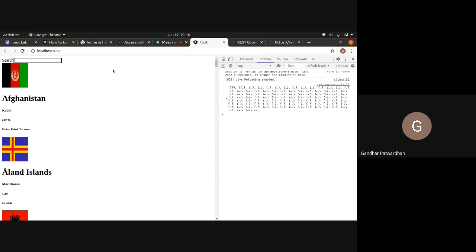It might complain about ngModel, because we have used the forms module previously. Now, what I'm going to implement is, if I type AFG, it should show me Afghanistan, or all the countries whose names start with AFG. And we'll try to make it case insensitive as well, because while typing, generally we do not follow the case.